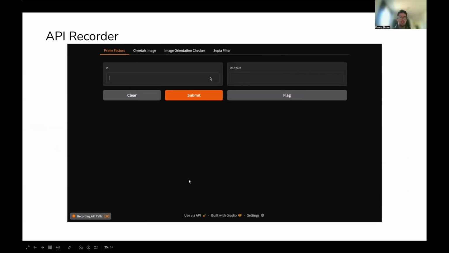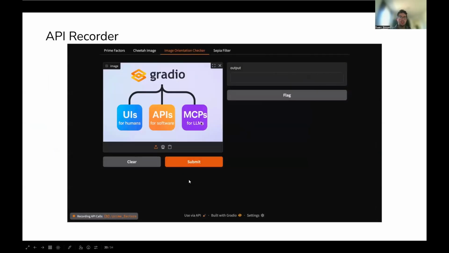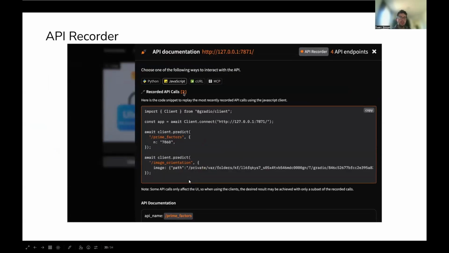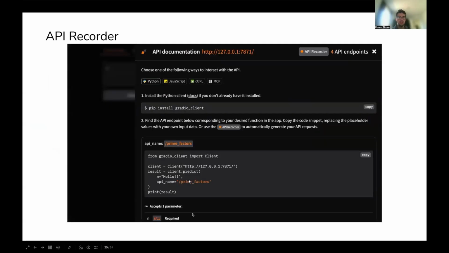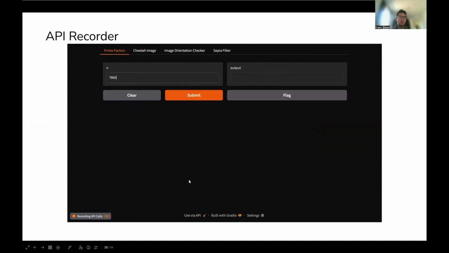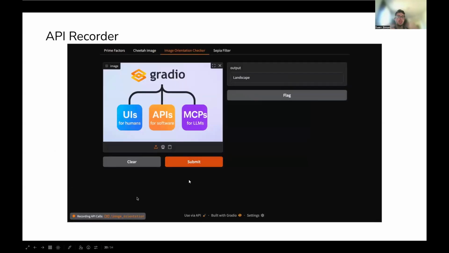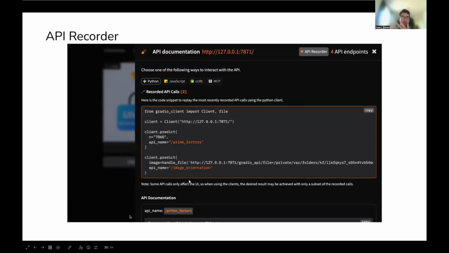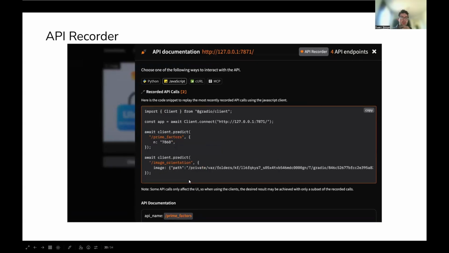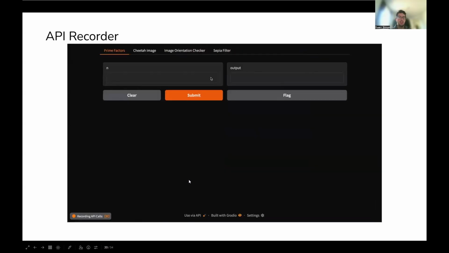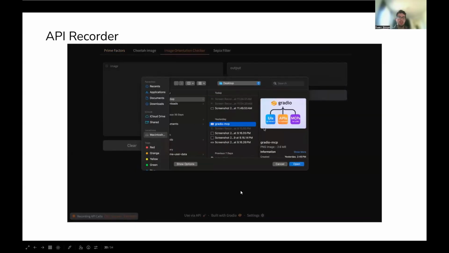And then the cool thing is also that they have this API recorder. So here in this animation, you basically see that there's an app that has multiple steps. And on the bottom left, you can click on record. You can, in the user interface, run all the things that you want to do. And then afterwards, you get the code, how to do that programmatically. So the barrier to entry for people that don't program a lot is quite low. So they can construct the workflows that they want by simply chaining calls to different applications that they run.